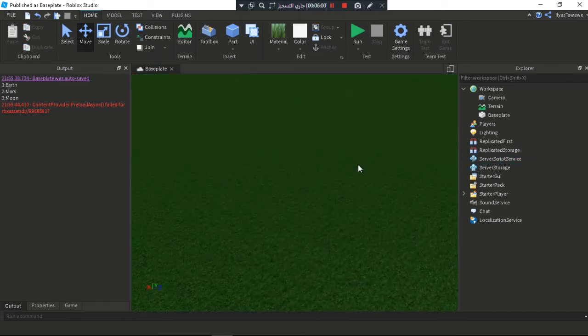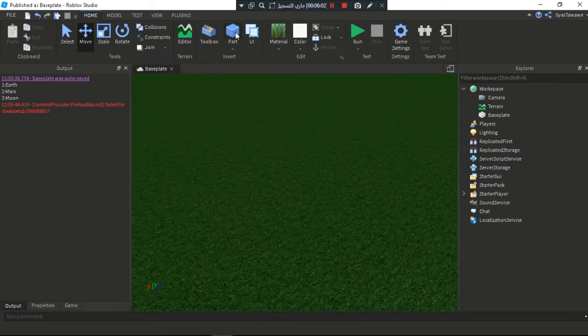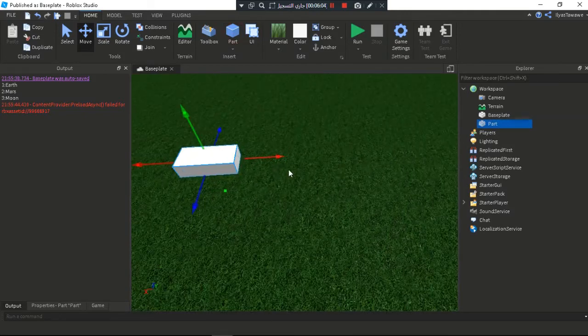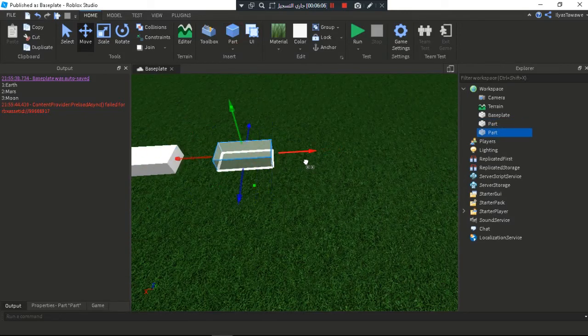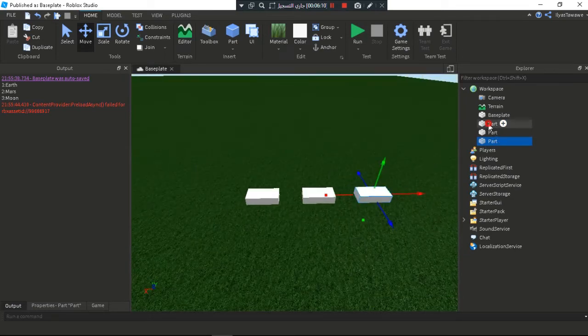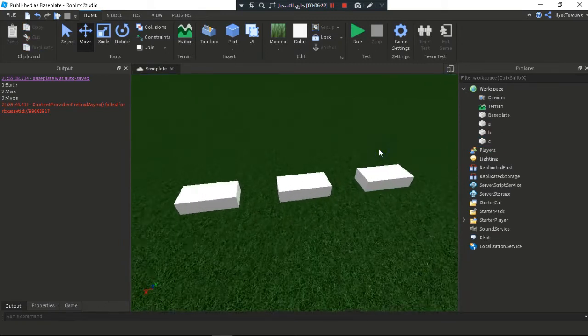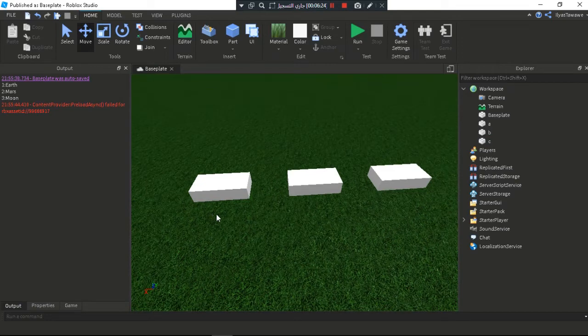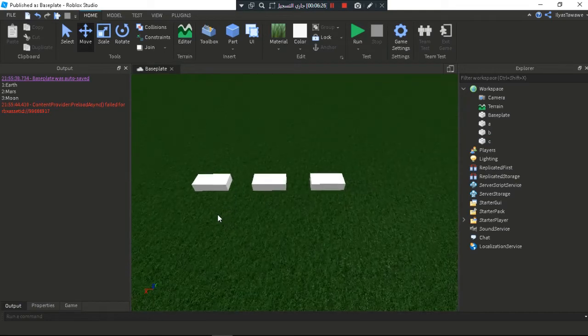For example, we have 3 parts like this. One called A, the second called B, and the third called C. Nice, so we have these 3 parts, and what we want to do with these 3 parts is